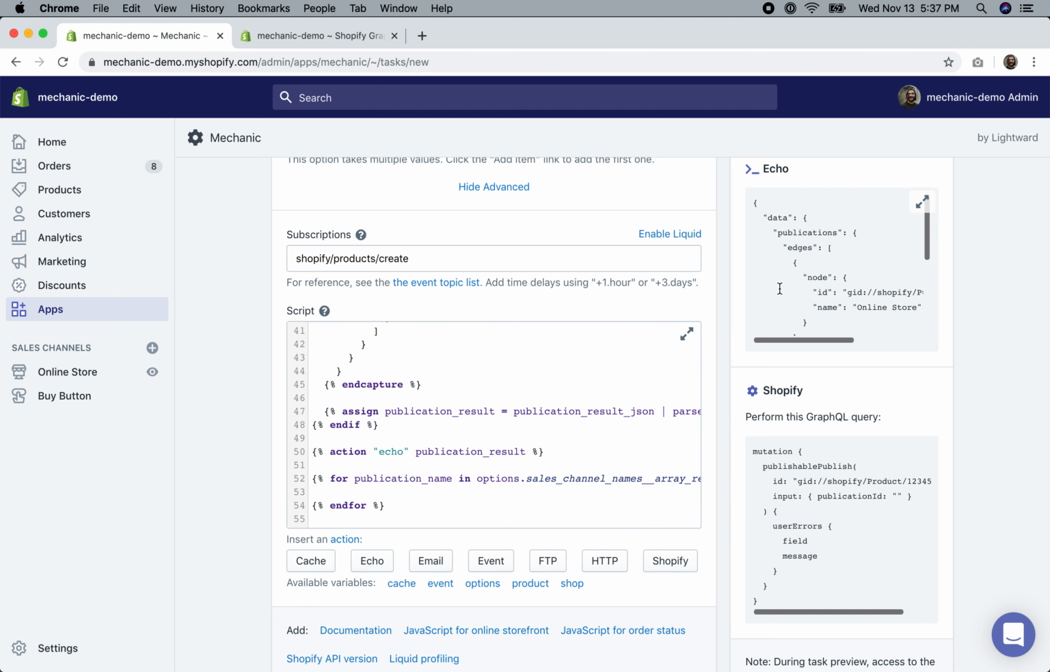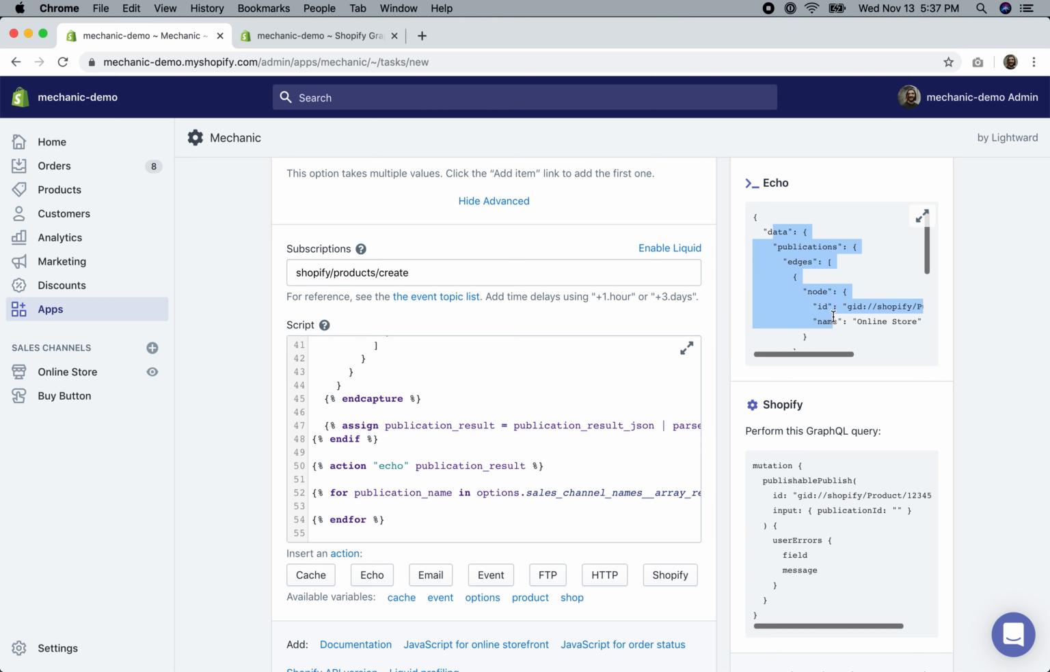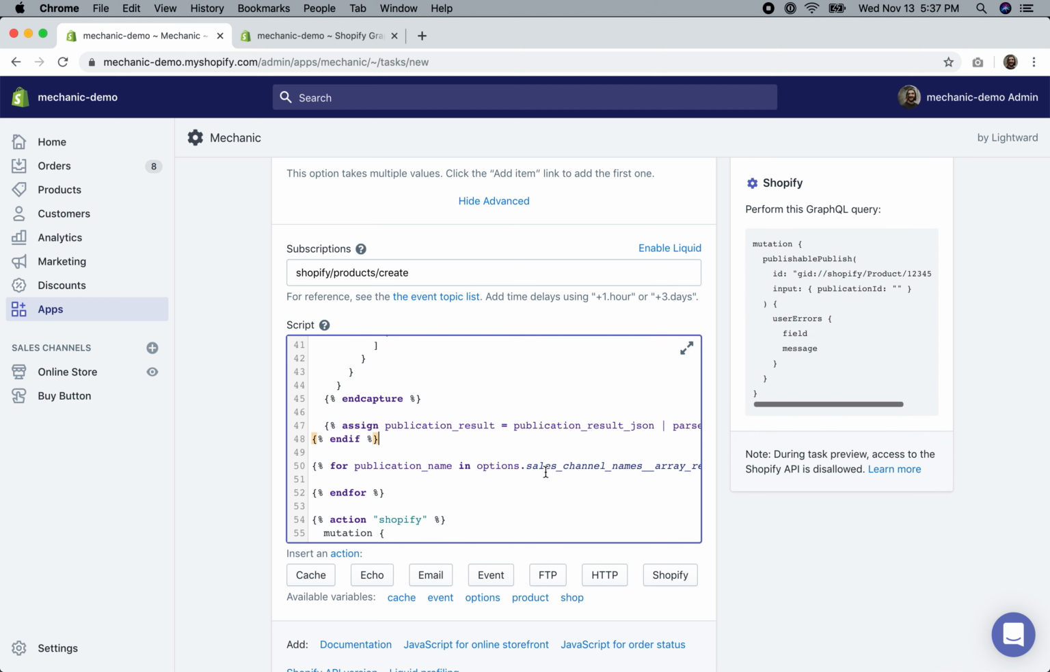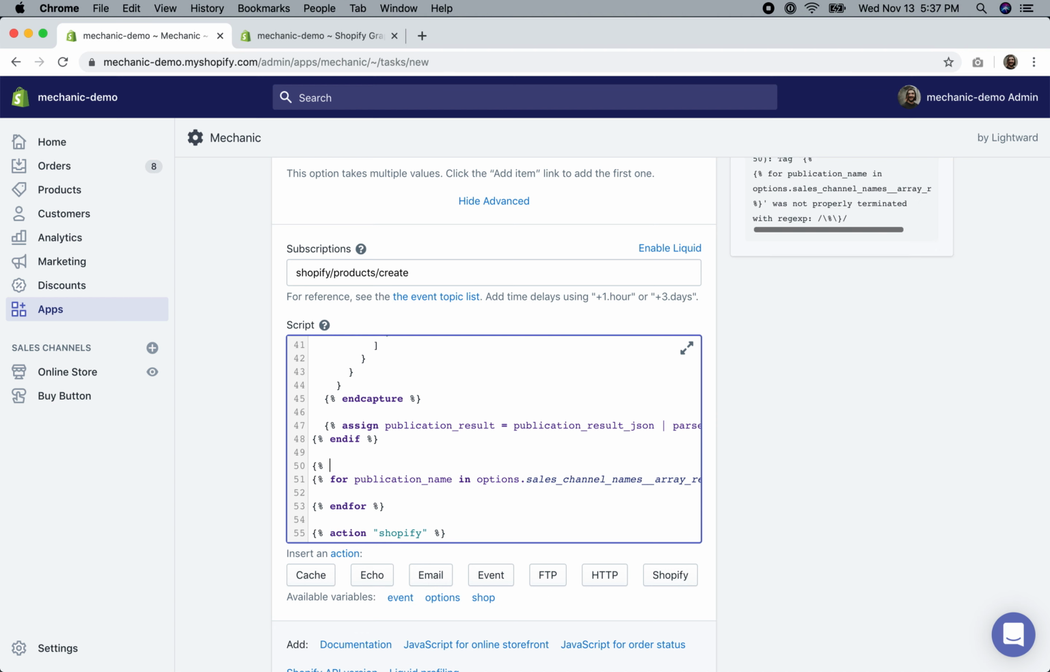Okay, so we've now proved that our technique works because our echo is showing us all of this information, which resembles what we just saw in the GraphQL app. So I'm going to take that out. And now what we're going to do is say, we're actually going to do this in reverse. We're going to say for